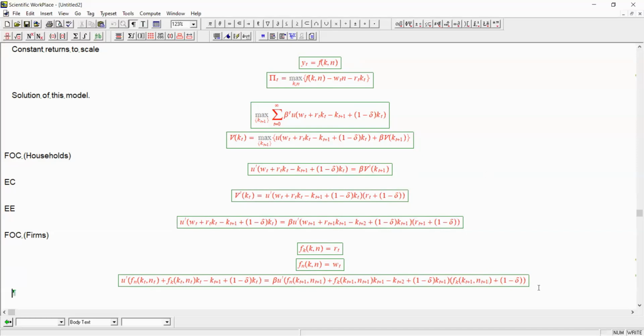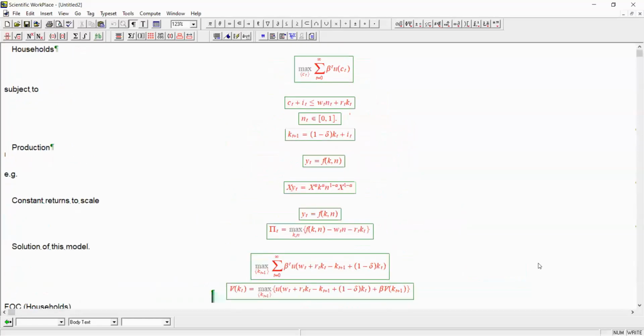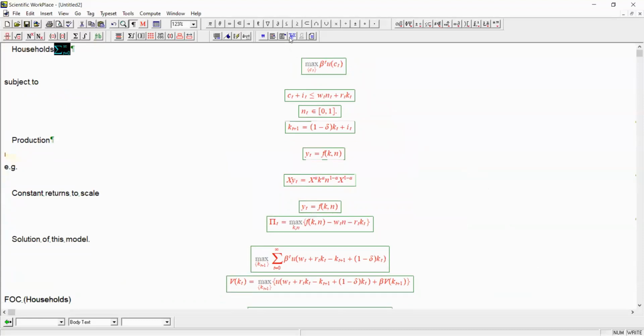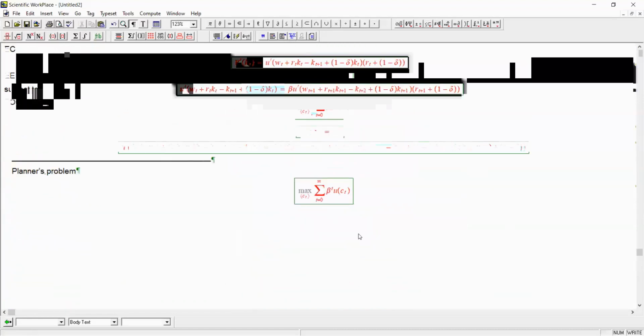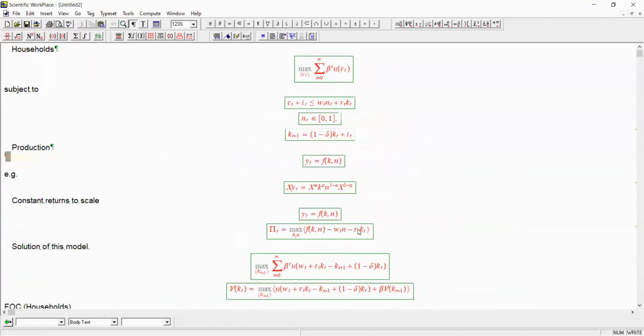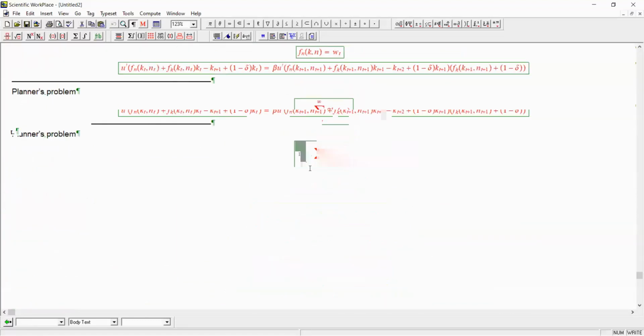And now let's look at what this problem looks like if there were no markets. We're going to call this the planner's problem. And it assumes that there is some entity that we call a social planner that does the following. It's going to try and solve the household's problem without any markets. It's just going to be subject to the constraint that this,